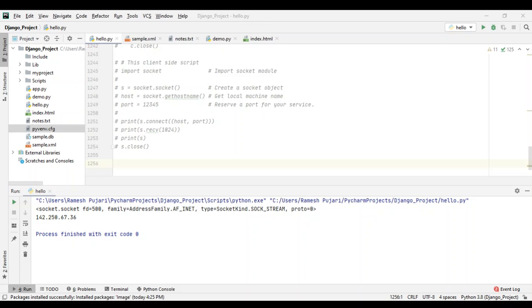Now I will explain some concepts: what we mean by a database, how to use it, and which are the most important databases to work with Python. I will explain all those things. First of all, we need to understand what a database is, and then we will go further.